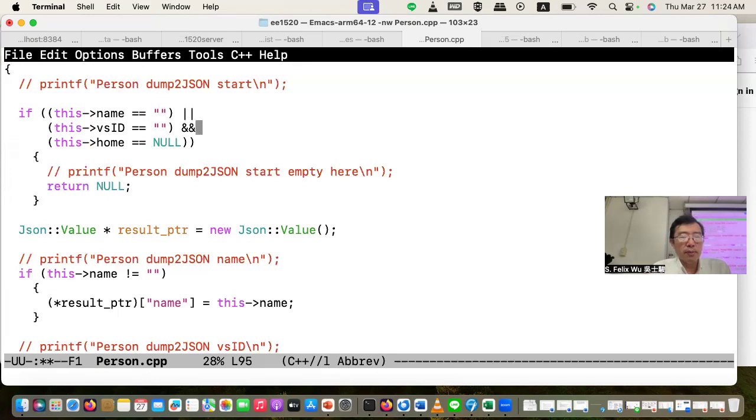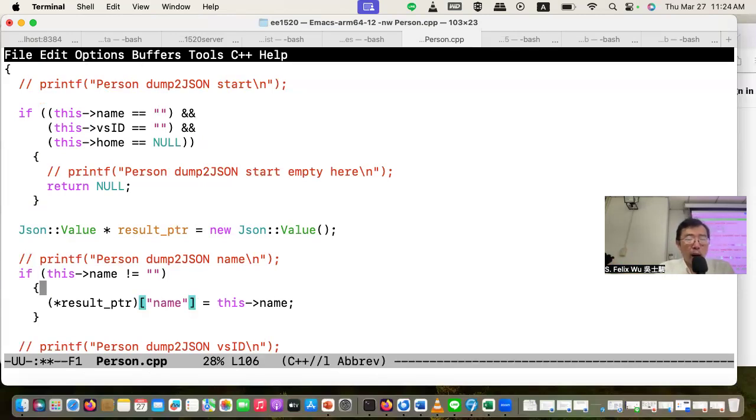This should be or. You guys can think about whether this should be and or should be or, but I bet I should change it to or. If any of this is true, I'm not going to generate anything. Oh, you know what? No, it's and. Sorry. Sometimes as a programmer, I don't know what I was thinking a while ago. If none of these, then I don't bother.